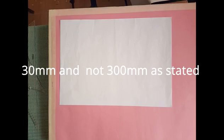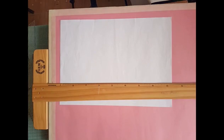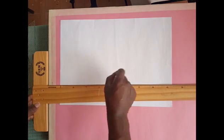That is for a right-handed person, because a right-handed person will hold the T-square using the left hand, and use the right hand to draw. Therefore, after we have set our table like that,